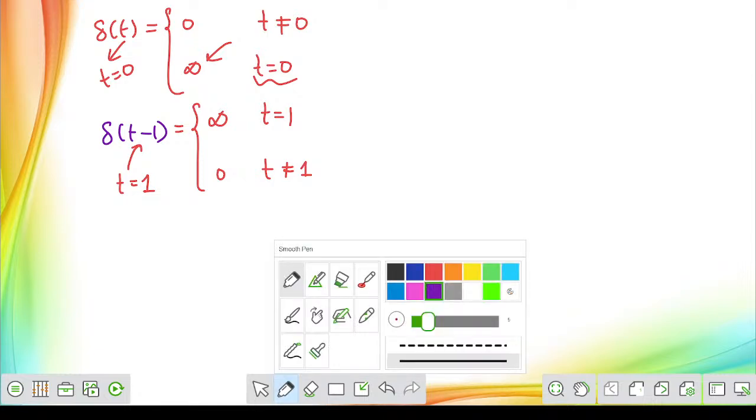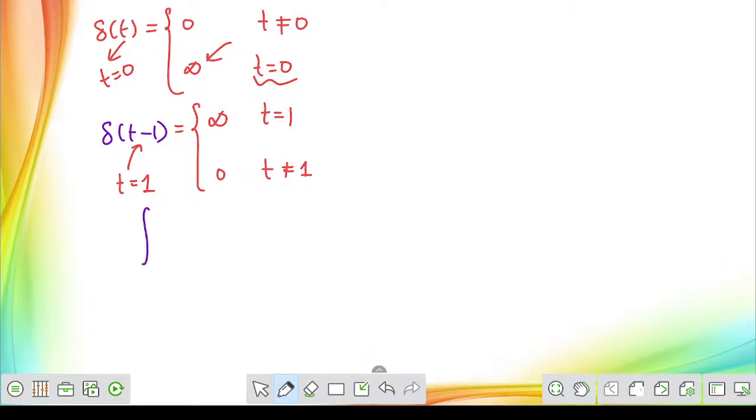Next, let us find out the area of this impulse function. If you integrate from minus infinity to plus infinity, the value of del of t, the unit impulse, its corresponding area will be 1. That is another most important property of the signal. You should not forget it. Sir, it is valid everywhere. Even if it is different from 0, let us assume for example your signal is defined from minus 1 to